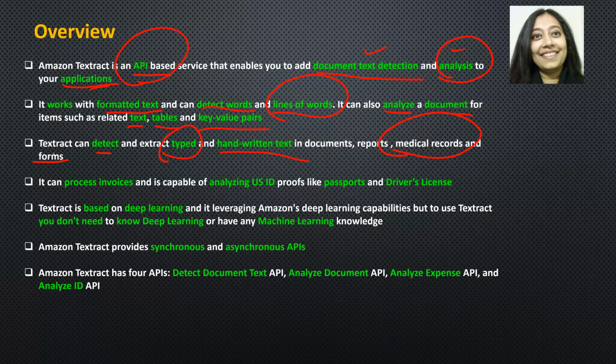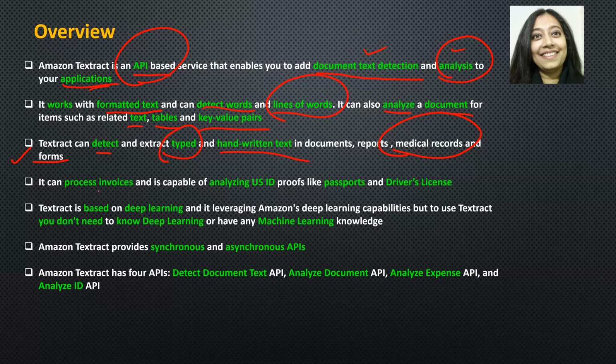And as far as forms are concerned, these could be any kind of forms, right? It could be, let's say, a school or a college admission form, or forms for different financial institutions and banks. You might have seen some of those forms that have square boxes on them, and you are asked to fill that form in uppercase letters or capital letters, right? Once you fill that form in, they actually process that form. So you can certainly use Amazon Textract to process something like that.